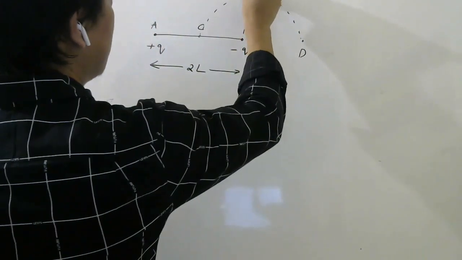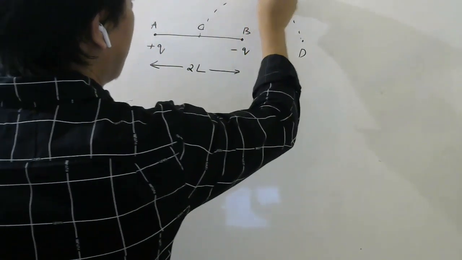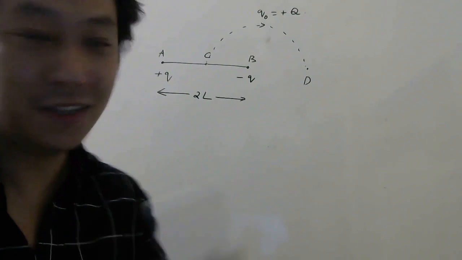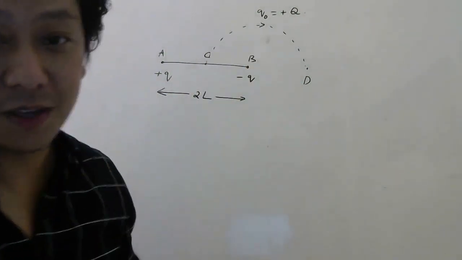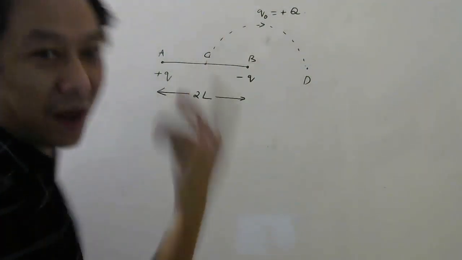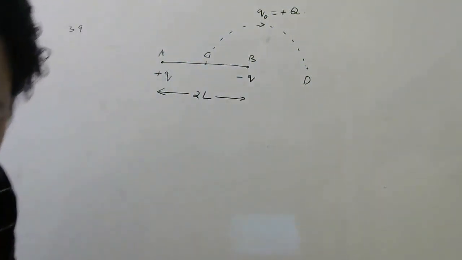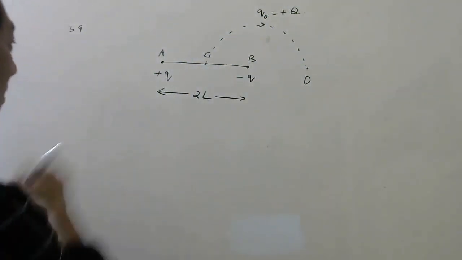The charge which they are moving, usually we write Q naught, that they are saying is plus Q. Okay students, again it is not visible, sorry. So they are moving this charge Q naught which they have given plus Q. This is the path. Again the path is not important actually, right? Only the initial point and the final point are important. Again this kind of questions we have done so many times.